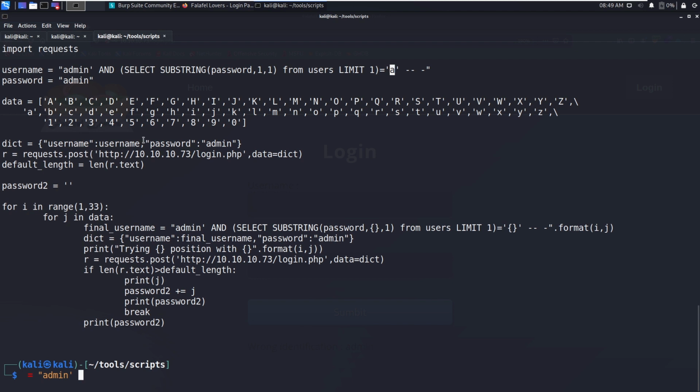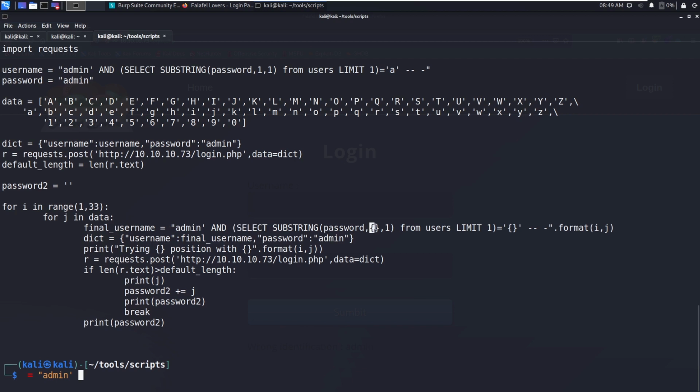First I am generating the data of all the uppercase and lowercase letters and then the numbers. I am constructing the dictionary. We need to send this as data. This is the default length of an error, so I am storing it in the default length variable, and then I am going to loop over 1 to 32 and admin and select.